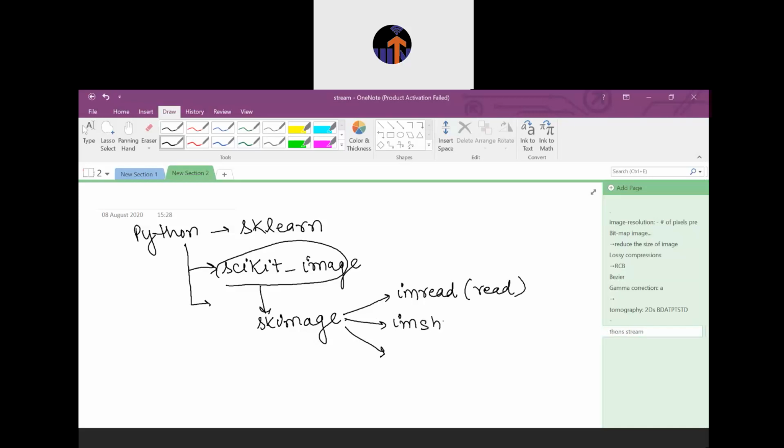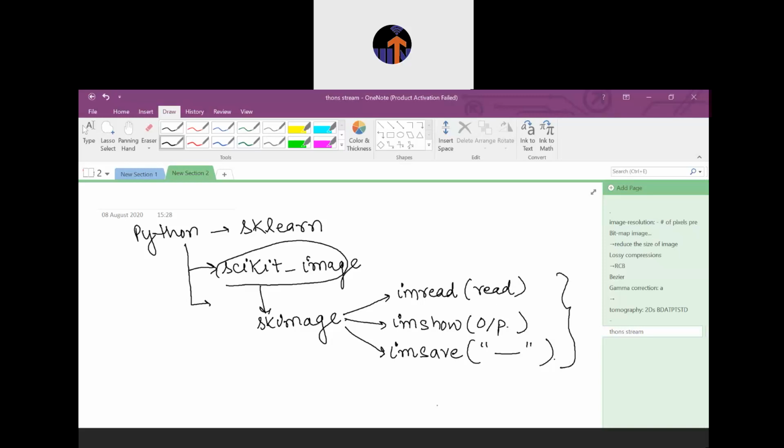If you want to show the image in your terminal or the Jupyter Notebook terminal in terms of output, you have to use the function imshow. So it is for the output of the images. And if you want to make certain changes over the images, and finally you have to save your image, then there is a separate function in order to save the image, that is called imsave, and the name of the image. So these are the 3 functions you have to use inside the demo that I mentioned in today's session.